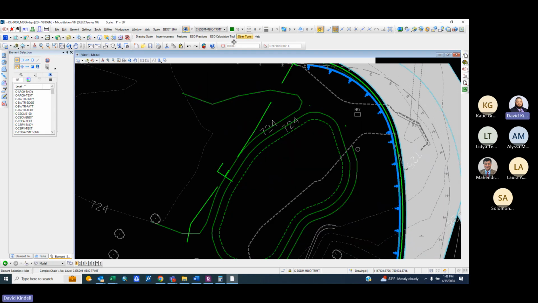Okay, so what does this mean? This means that when you draw your updated drainage area for this micro bioretention,